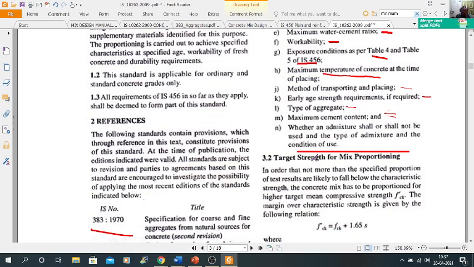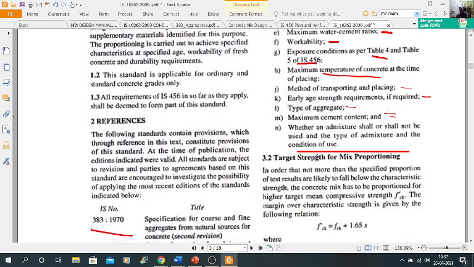Similarly, in every country there are more codes they are following as per the climatic conditions and the materials locally available, because our purpose of mix design is to get good quality control with minimum or economical cost.